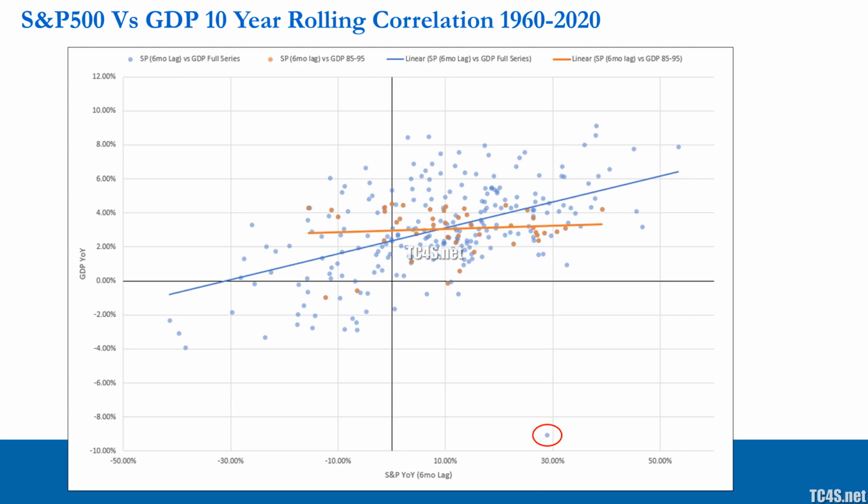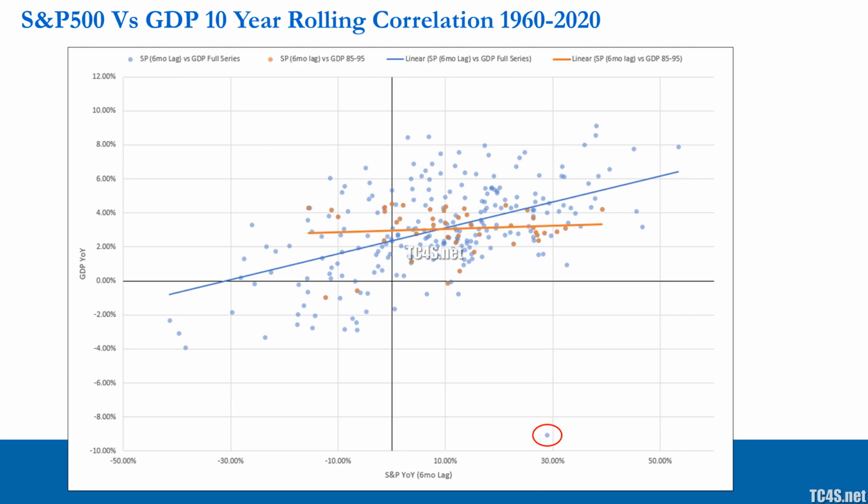with the 6-month lag. So on the top, when we look at the key, what have we got? Well, first of all, in the pale blue dot, we've got the S&P 500 6-month lagged data performance versus GDP. So the correlation of those two, and we've got the full data series in pale blue. And how does that look visually? Well, we've got a quadrant here on the screen, where if you look at the pale blue dots, you'll see top left, top right, bottom left, and bottom right quadrants. So let's run through these quadrants to understand what we're looking at here.